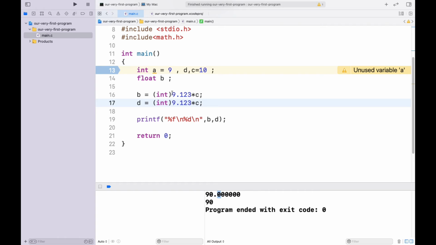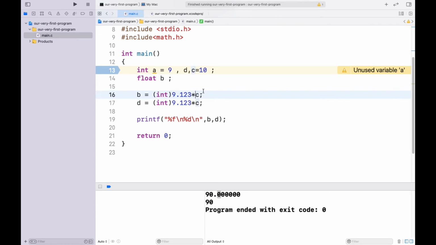The 9.123 is getting converted into an integer, and that integer is getting multiplied with the integer type variable C. It is truncating all the fractional information, so it is treating it as just 9, and after that it is getting an answer of 90. That 90 is then converted into float, because it is getting stored in a float. So 90 converted into float will be 90.00000, and in case of D it will be 90 only.